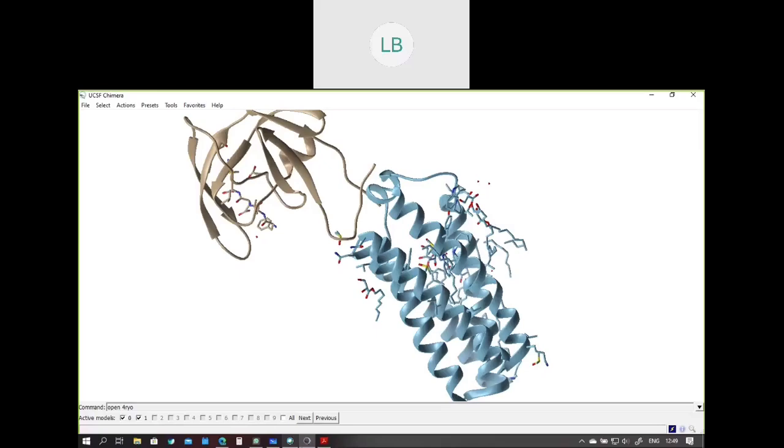Once you open that, the next step is basic navigation. How do you move the protein? How do you navigate around this protein structure? To rotate the structure, it's quite simple.